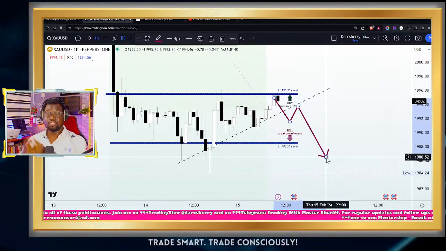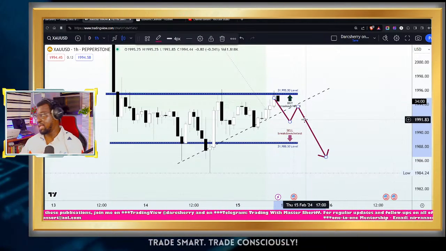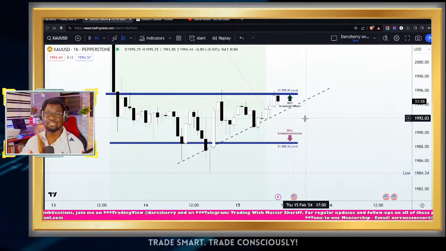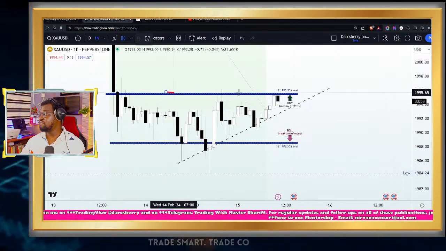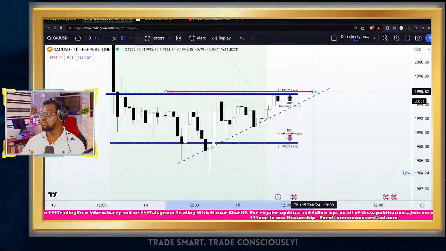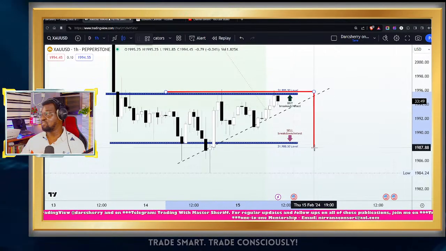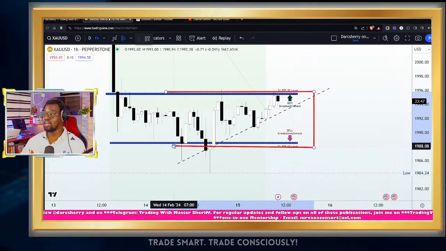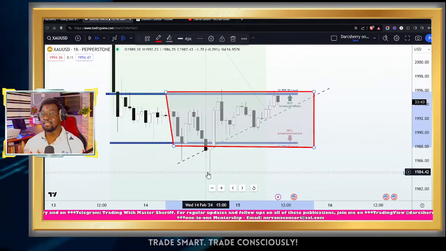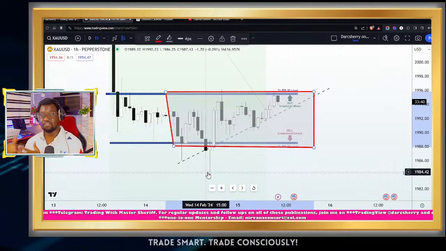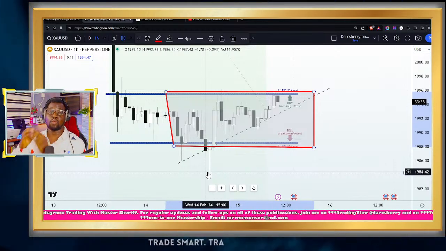So this is my simple view on the XAUUSD for today. You can see it's a simple trading setup where our center of focus for today is between the $1,995.50 level and the $1,988.50 area, where depending on the direction of the breakout will give us an insight into where price action will be going for today.